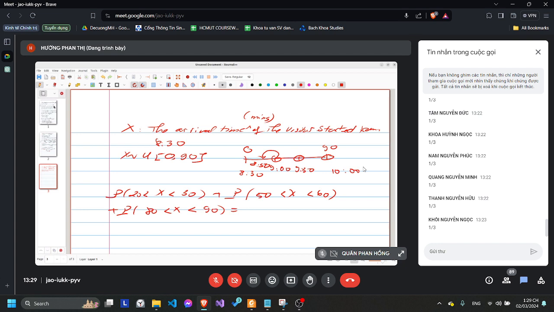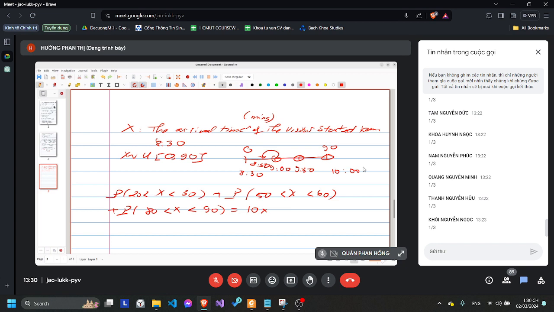So we know that for the uniform distributions, the probability of X belonging to any interval with the same length is the same. Hence, they have the same probabilities. Okay, so each interval here we have 10 minutes. So the probability will be 10 minutes, this is the length of the interval,